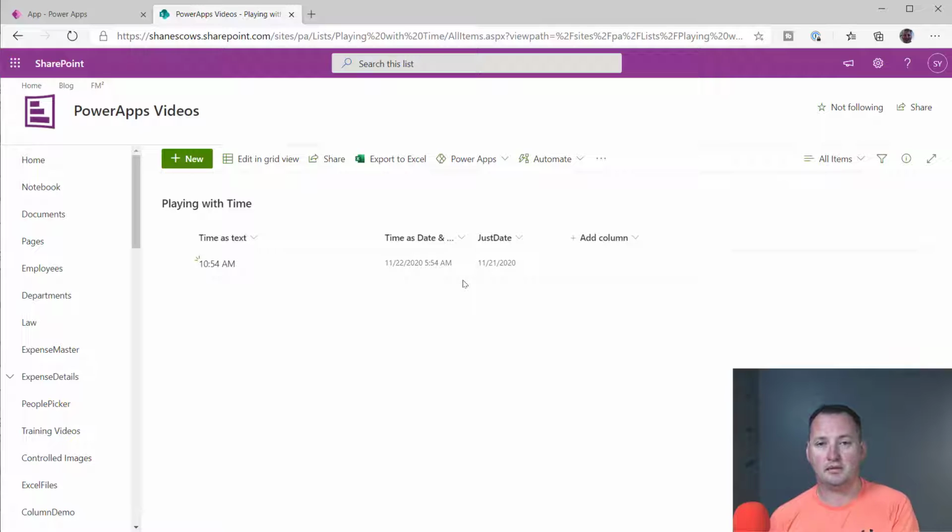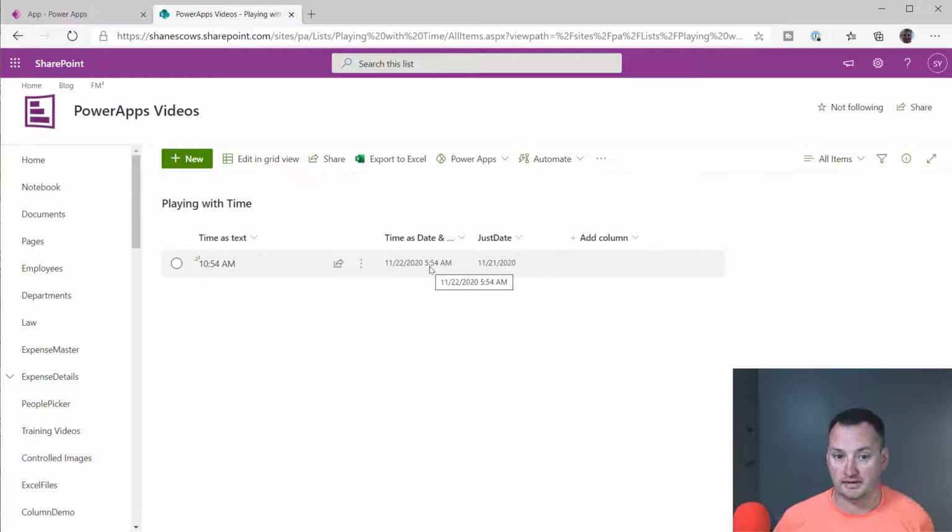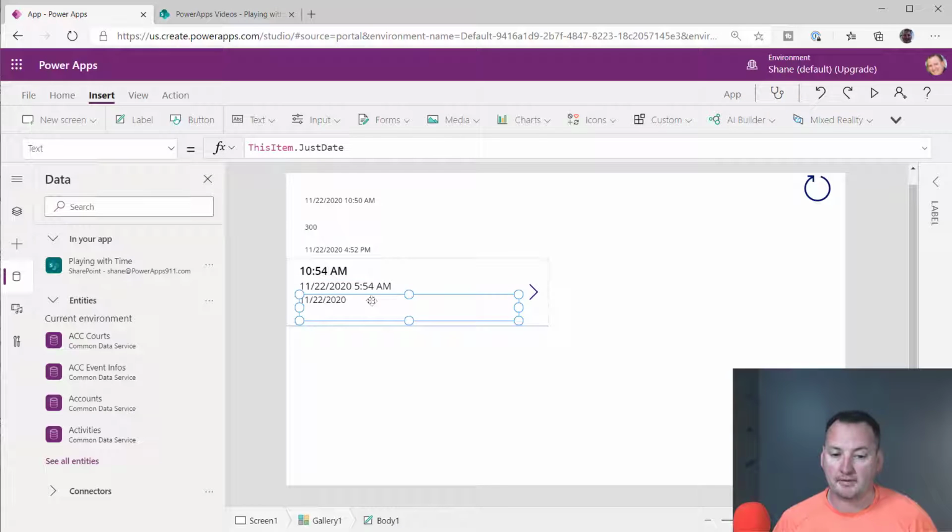But this SharePoint problem, often you guys are working with PowerApps using SharePoint as a data source, and you start flipping switches and you cause this and you blame PowerApps. I want you to know, it is not a PowerApps thing. This is a pure SharePoint thing. Because if we go back over here, you notice that PowerApps was smart enough when it got the date back